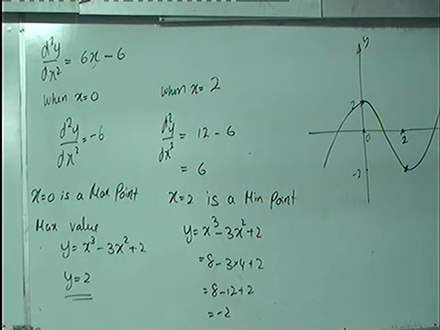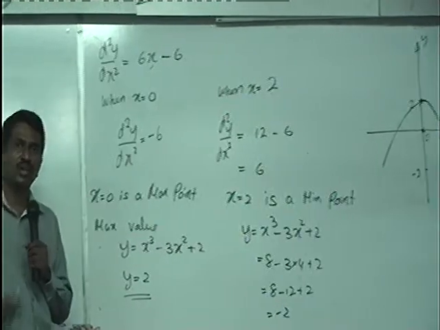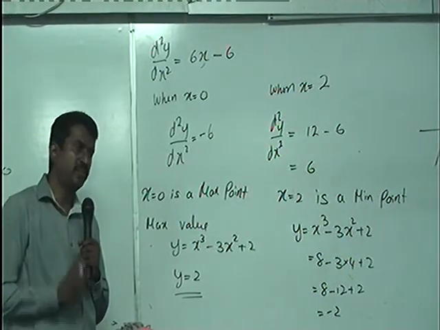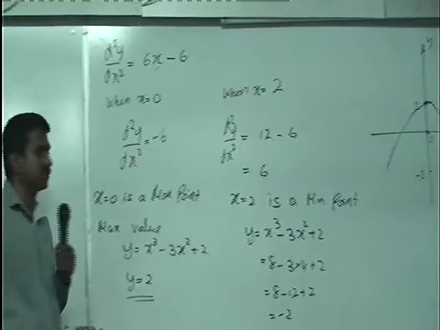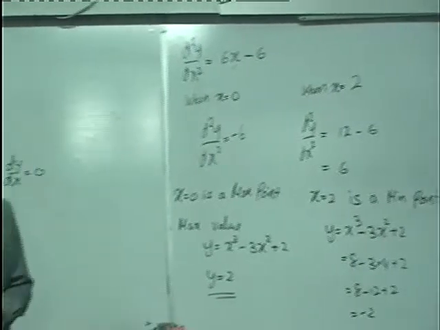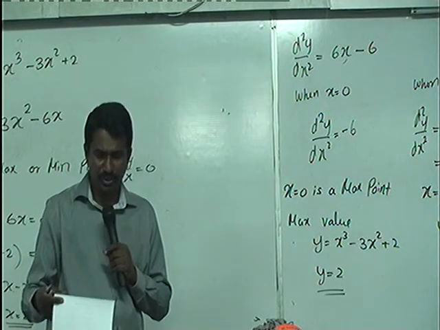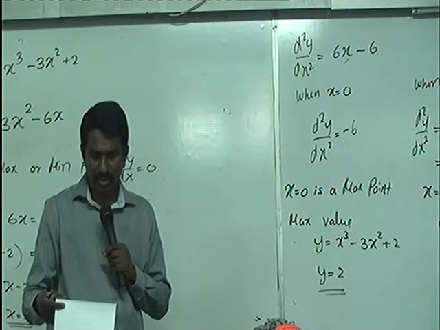So it can be maximum and minimum both. So we have done all these 3 scenarios: maximum point, minimum point, and maximum and minimum both points. So in your handout, there are a couple of questions pending. I have done question number 2. So please do question number 1, 3, 4, and 5.